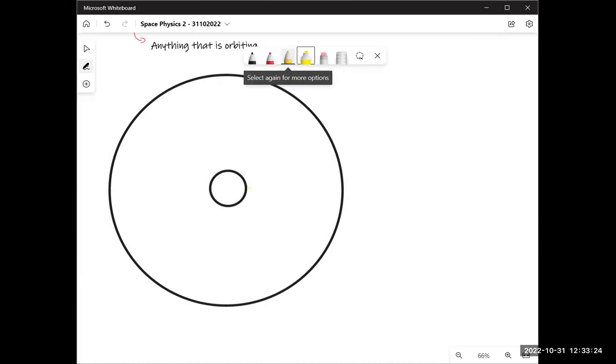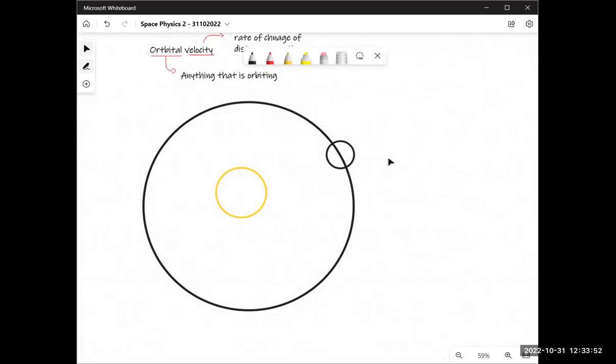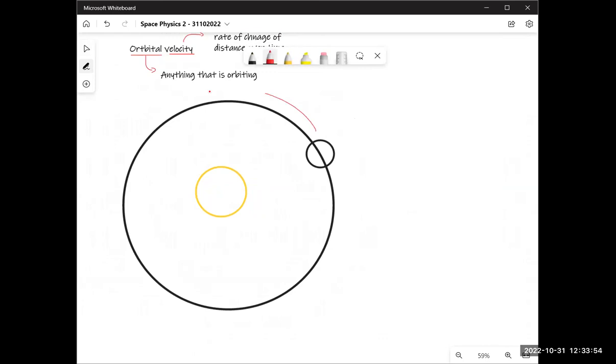Now, if I imagine the Earth is, let's say this is the Earth, and we'll make another sun right here. That's the sun, and that's your Earth in this orbit. And my Earth is moving like this around the sun. What is this called? Is it rotation or revolution, Ayan? Sure, that's revolution. Exactly. Now, one revolution takes 365 days. So to go from here to here, we know that it takes how much? 365 days. That's fine. That's okay.